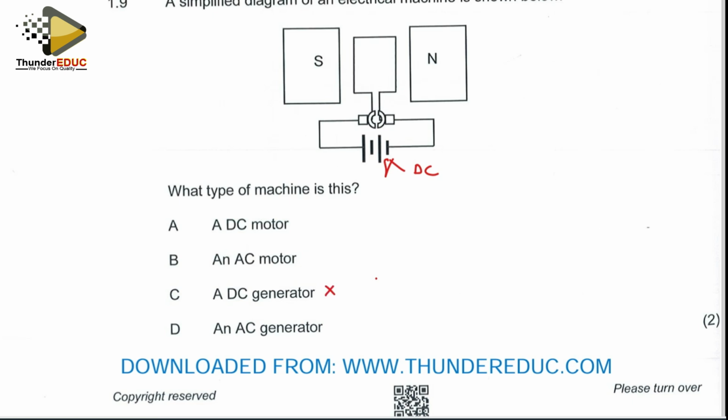So C is out, D is out. Now, by virtue of the rings are split. Okay, so for as long as the rings are split, then this becomes a motor. So this is going to be a DC motor. So splitting the rings becomes a DC motor. Okay, so option A is 1.9, and then